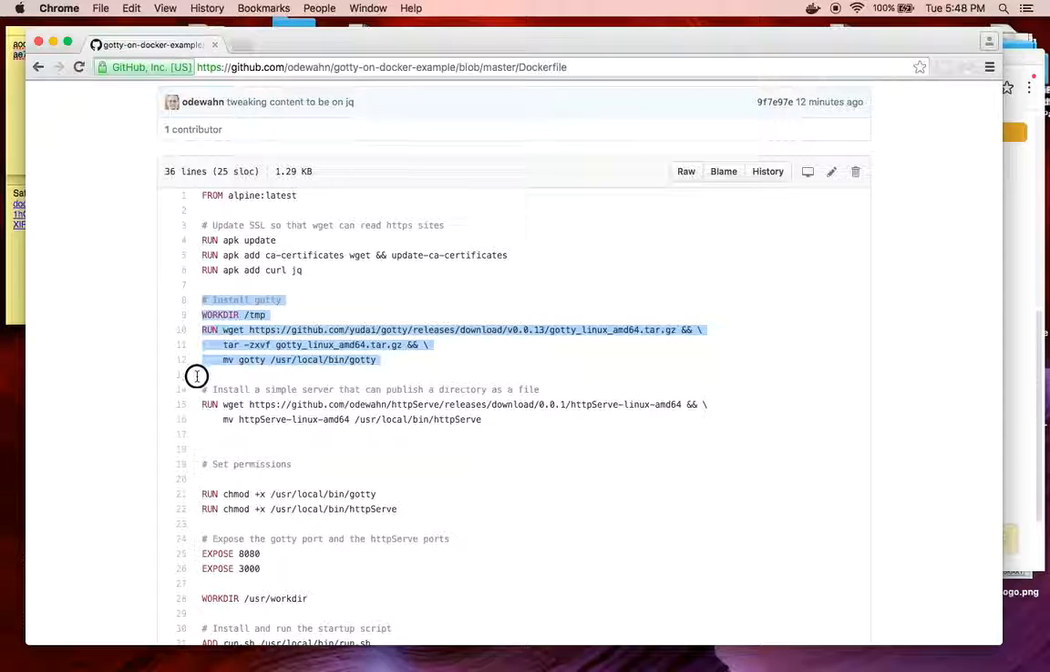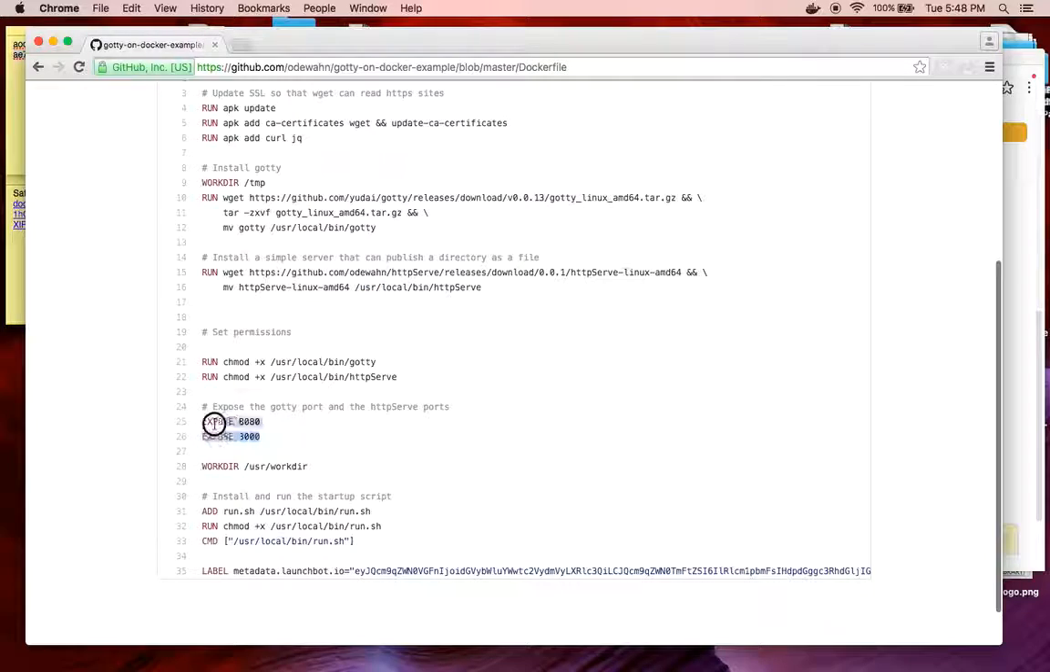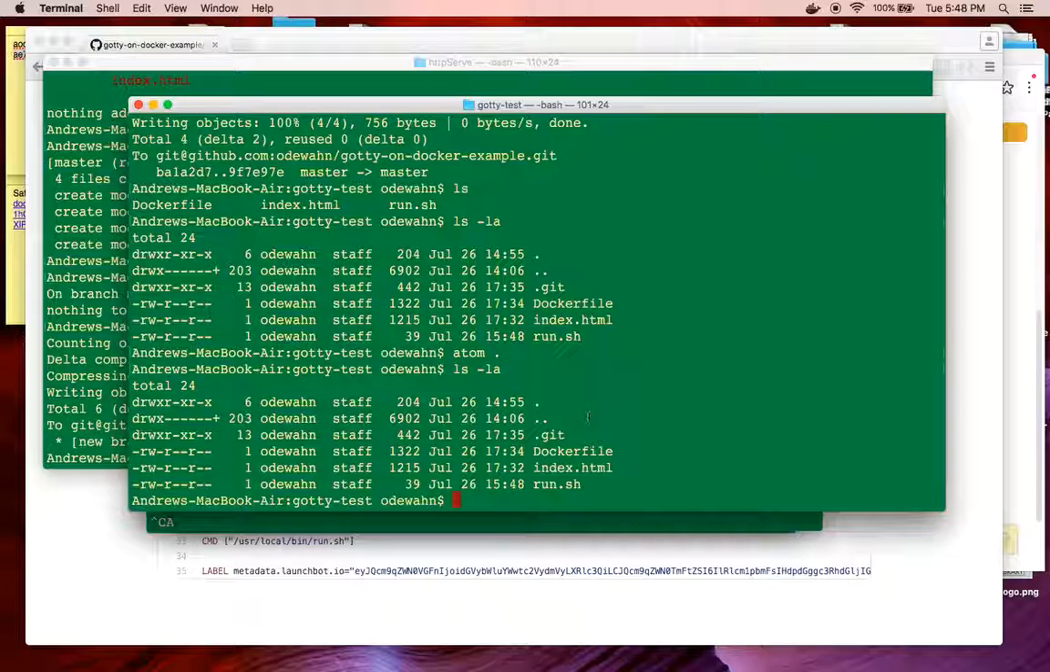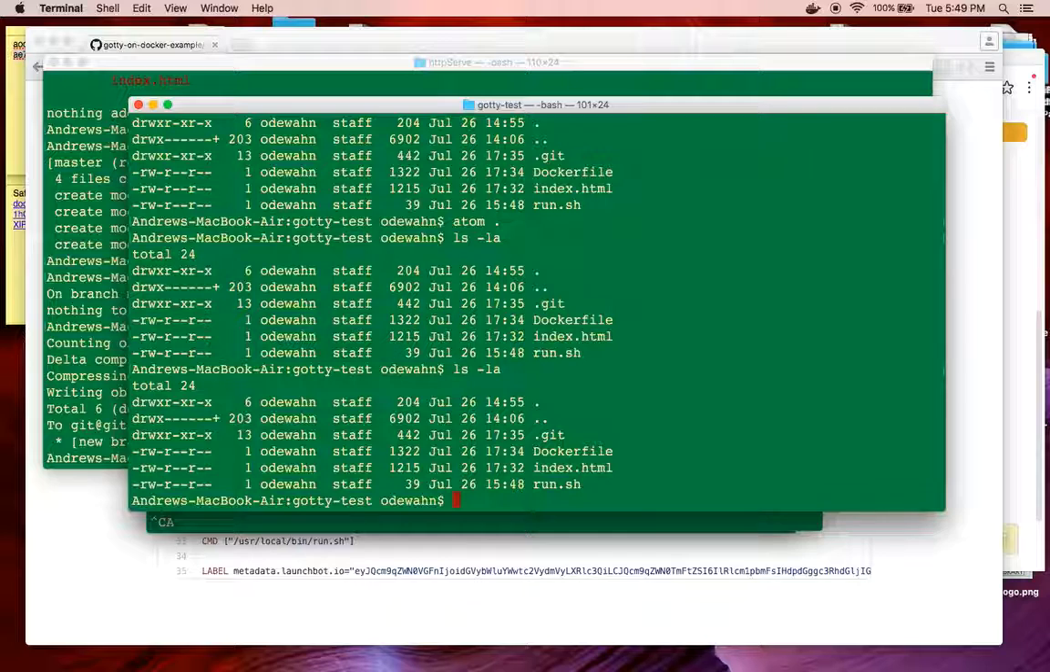Then I'm going to install gotty, and a simple tool that's going to serve the content in that home directory as a static site. That's going to let people look at the tutorial. Then I'm going to expose those two services on the Docker container and run a shell script that's going to start everything. So if I go to my terminal, let's say I've downloaded this, I've git cloned it, and